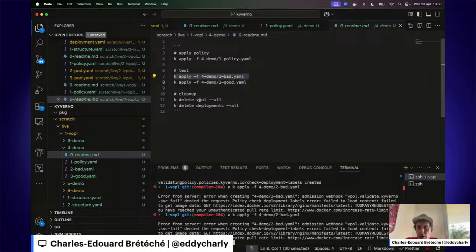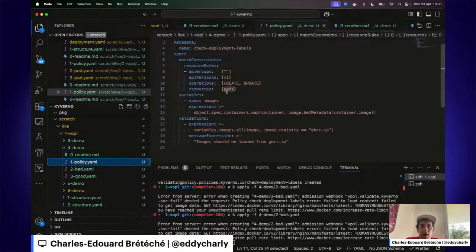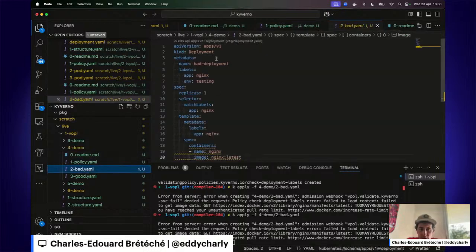Actually, the policy was defined for pods, and we are creating a deployment, but Kyverno was able to create an equivalent policy for deployments because it knows that in a deployment there is a pod spec, and then it can extract the pod spec from the deployment directly and apply the policy on it.